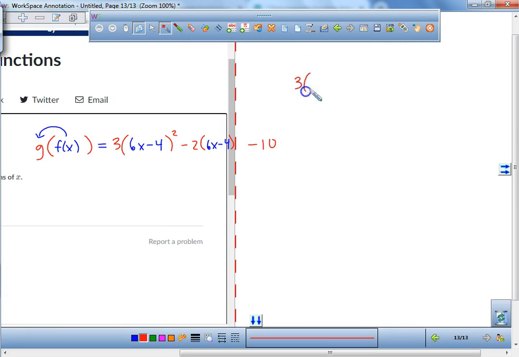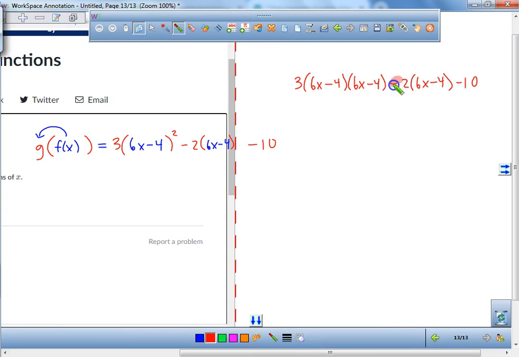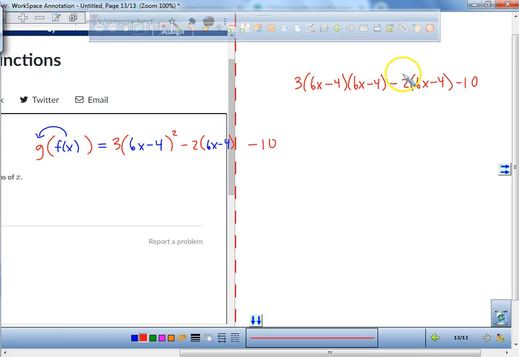It means I have to do 3, and I got to do 6x minus 4 times 6x minus 4, minus 2 times 6x minus 4, minus 10. So what we're going to do right now is the easy stuff. The easy stuff is just multiply this out, have it ready to go. So if I said what is negative 2 times, and I'm distributing it to both terms right there, 6x and negative 4,